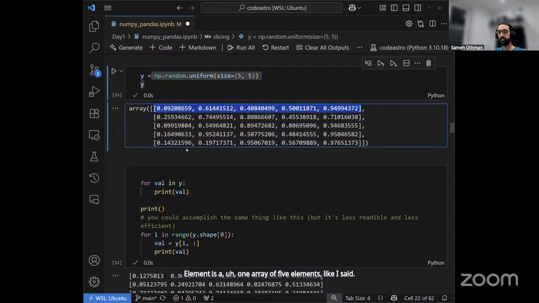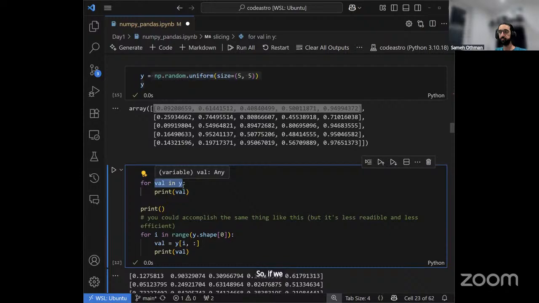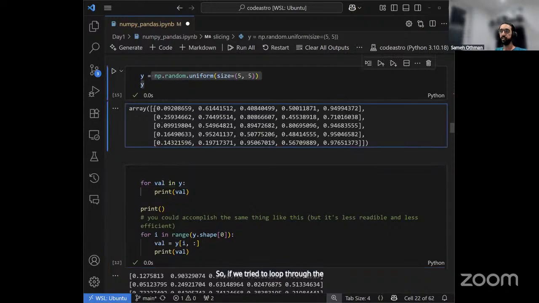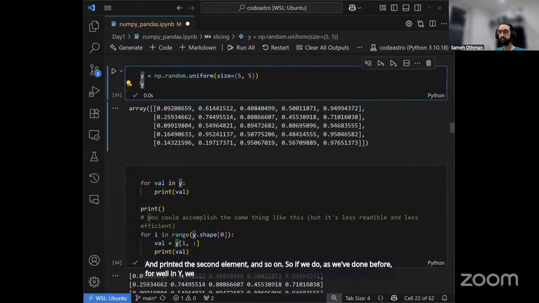If we try to loop through them, it will take the first element and print it, then the second element, and so on. So if we do as we've done before, for val in y, which is our 2D array that we have generated here,